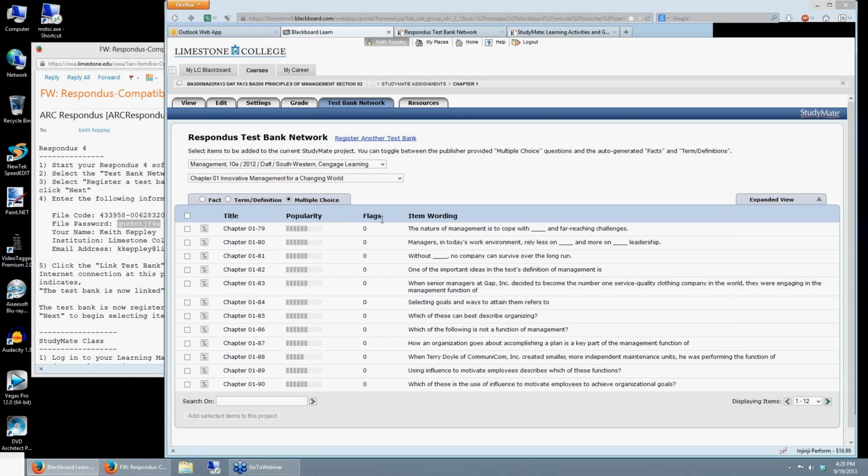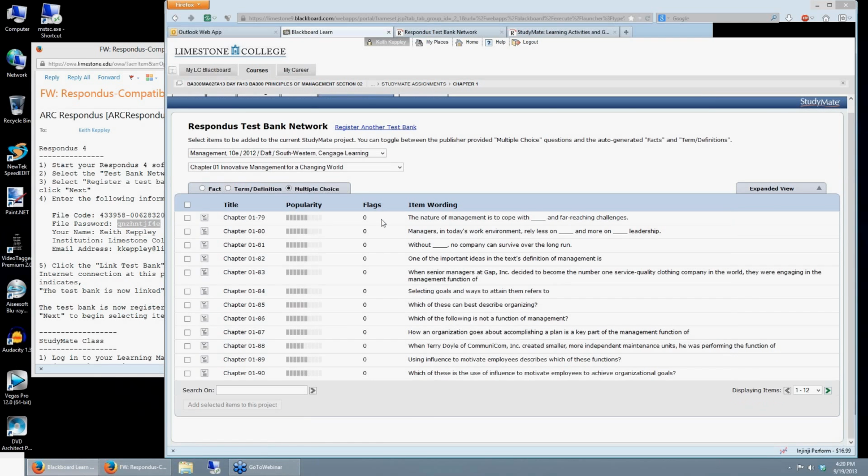When you hit Link Test Bank, it will actually link to the Respondus Test Bank network for your book based on your file code and your password, and it will give you the option to use the test bank from the book that's made by Cengage. So we're doing chapter 1. If I choose Management 10th edition, chapter 1,